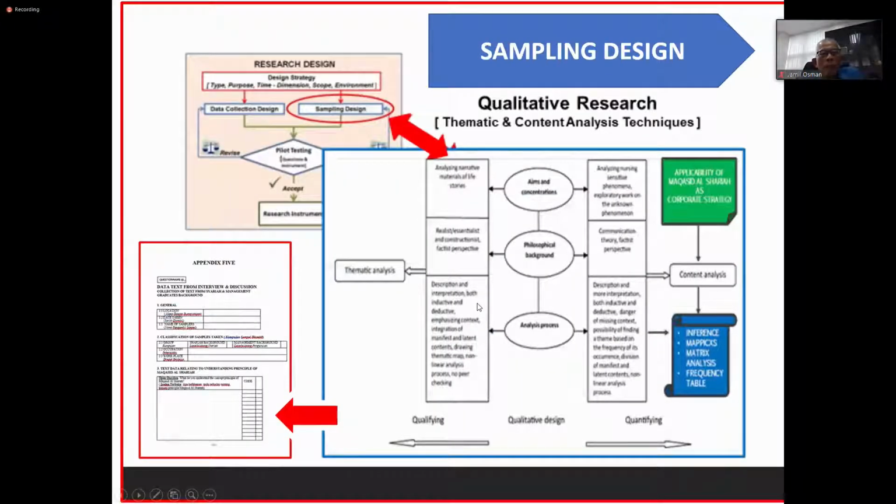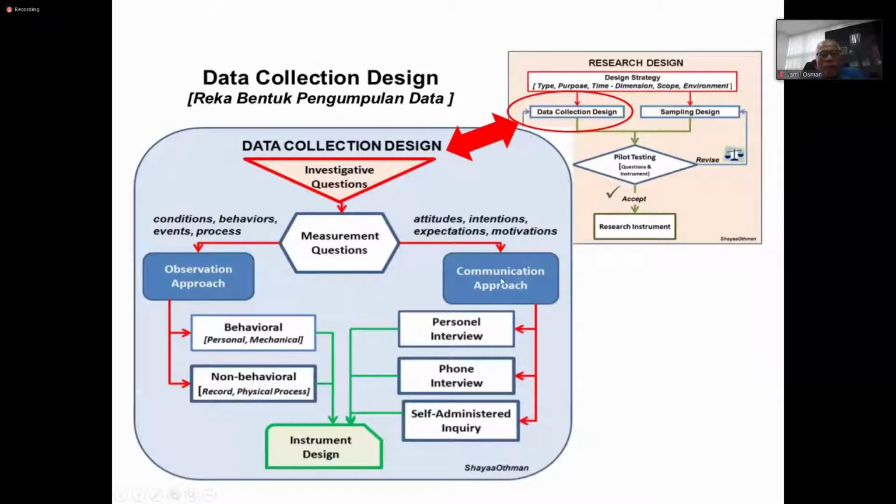And we also discussed qualitative research. We chose content analysis as an example because it is very subjective, but at least we are able to understand the pattern of the subject we have studied. Our example is the perception of Maqasid al-Sharia among scholars and professional managers. From this analysis, we are able to identify the pattern of their thinking toward Maqasid al-Sharia. From there, we could proceed to further research. Yes, and we also thought of data collection methods, instruments of data, personal interview, phone interview, and so on.